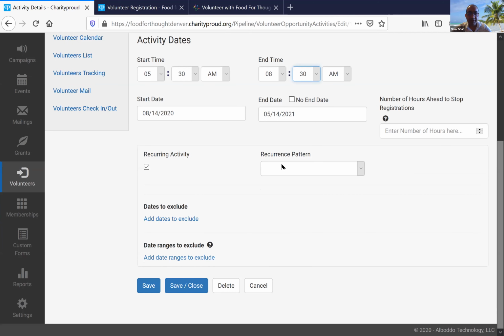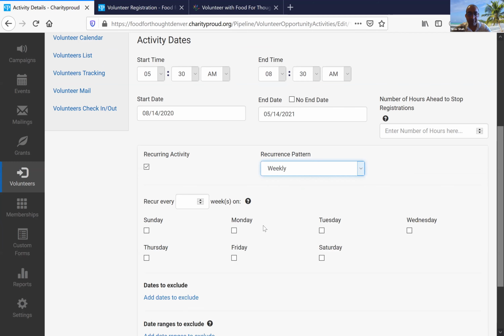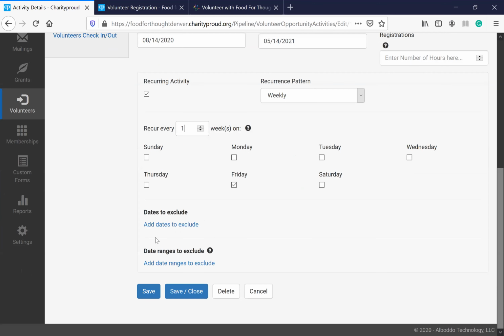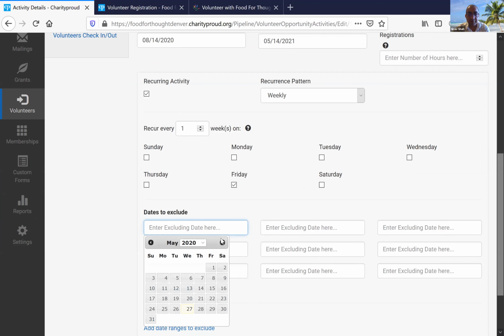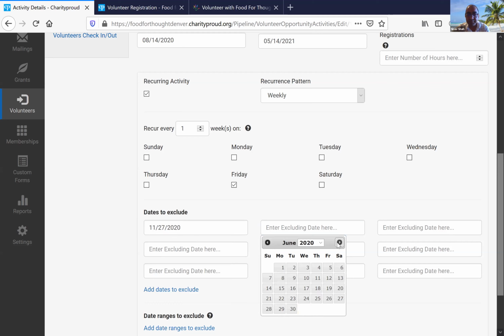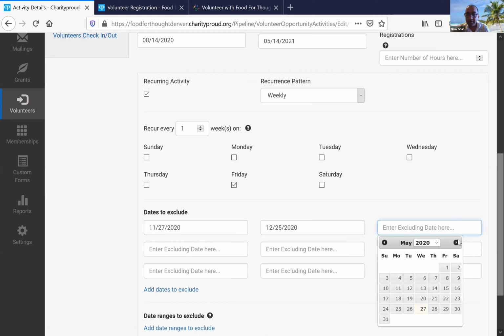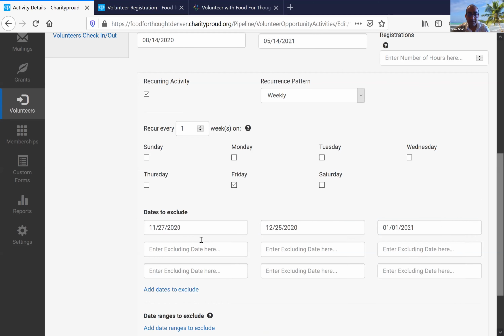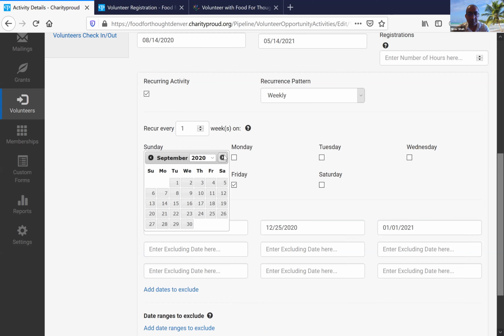So next thing we did is the recurrence pattern, which is weekly for us, every Friday. Okay. One recurs every 1 week on a Friday. And then we need to exclude the dates, right? So dates we exclude are, for example, Thanksgiving we don't pack, right? Christmas we don't pack. New Year's Day we don't pack. I think April 2nd is a